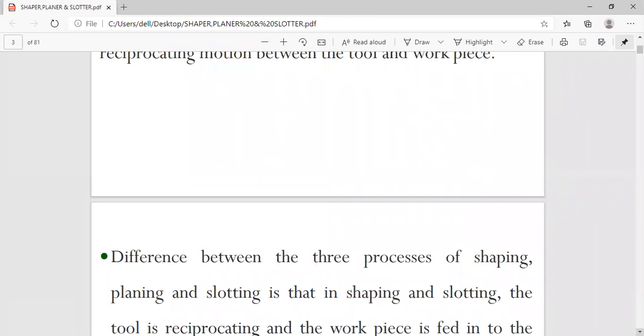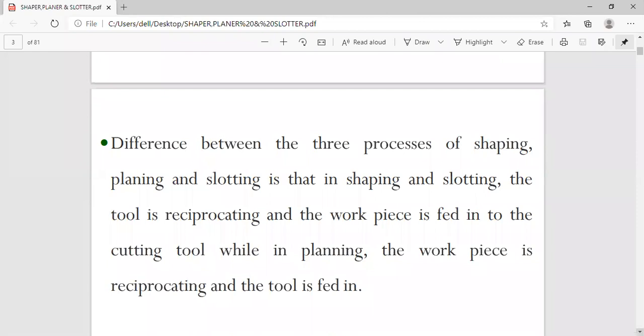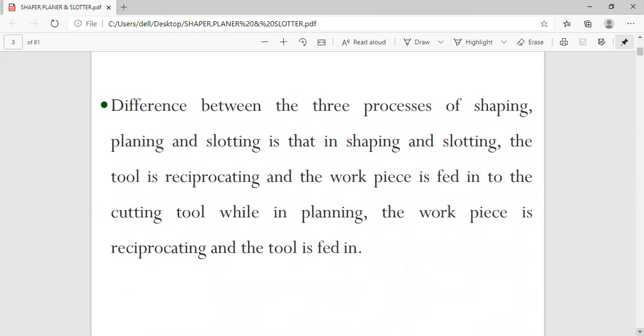Apart from that, we have drilling and boring. So we can study 5 such machines in this one, and the working principles, the operations, and the components, that is the anatomy of these machines. So the different components of this, and lastly, in the boring machine, the important topic is the jig boring machine.